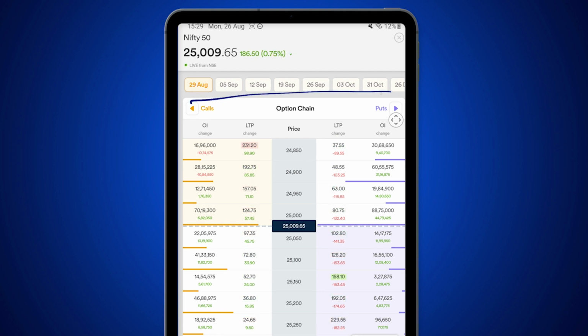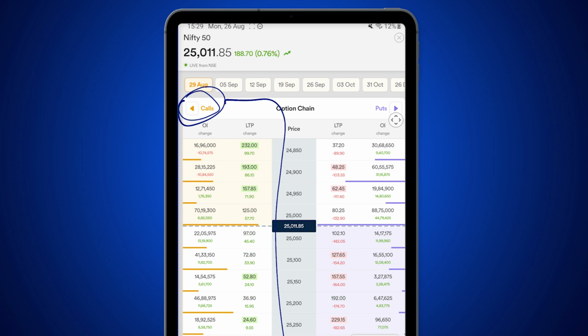Here also you can filter through the expiry date. As you can see, 29th August is nearby. Then we have September options available as well. Here you have calls. So all the call options are available on the left with OI change and LTP change